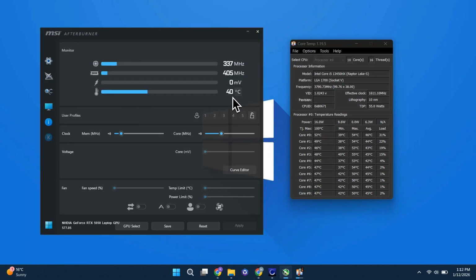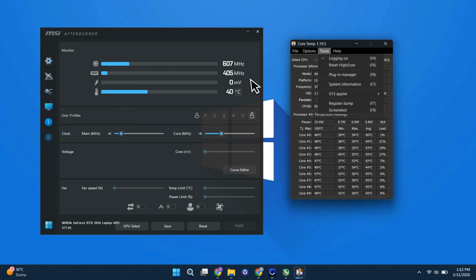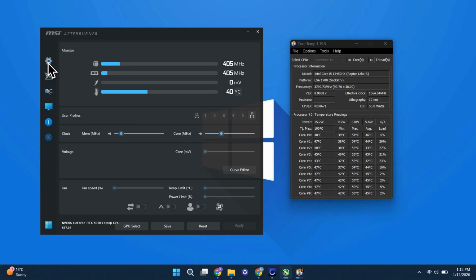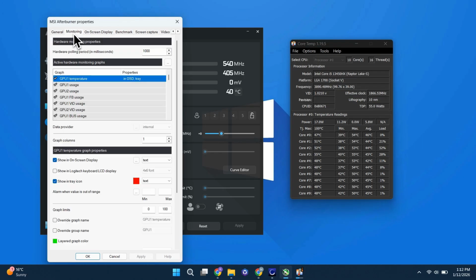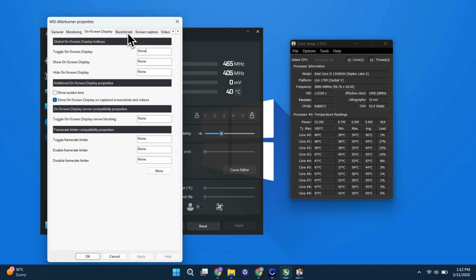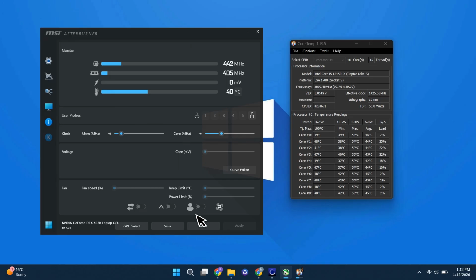MSI Afterburner is especially useful for gamers because it shows GPU usage, CPU temperature, and even allows you to adjust fan speeds or enable on-screen monitoring while gaming. Core Temp, on the other hand, is great if you just want a simple and clean view of your CPU temperature, and that's it. So that's basically how you can find your CPU temperature on a Windows 11 or